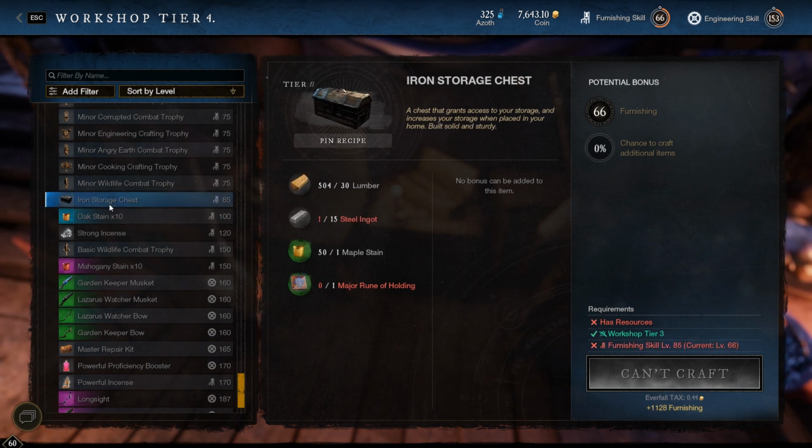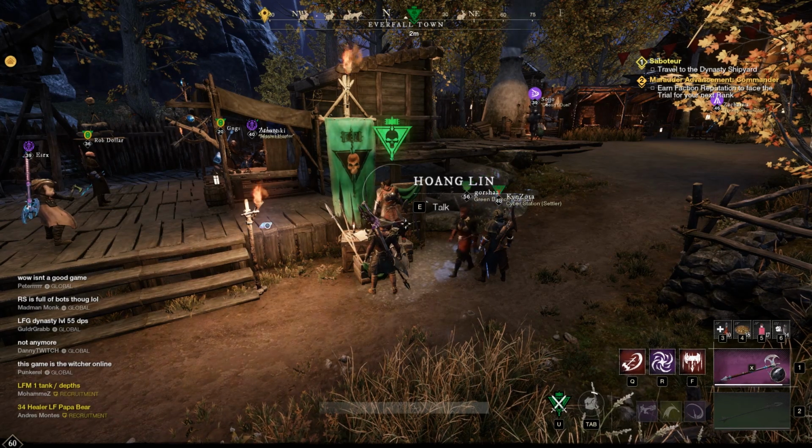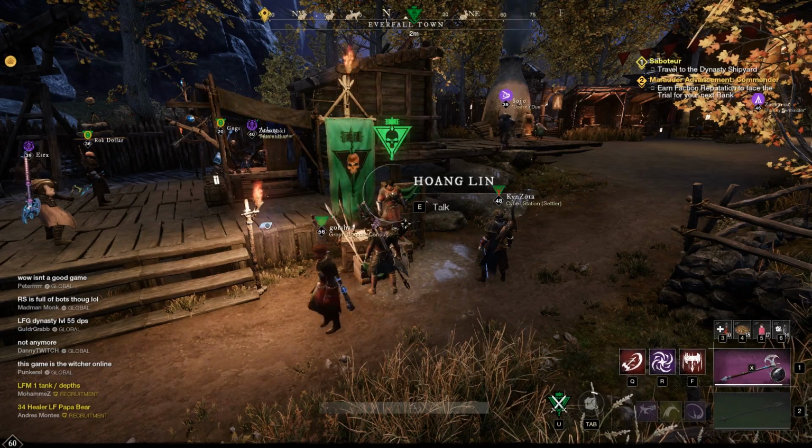You can see here, this one is an iron storage chest. I haven't yet gotten to it, but I do believe that it is then going to give you the opportunity to probably hold like 300 or 400 extra storage units. Some crafts do require a rune of holding. Where you find those is by your